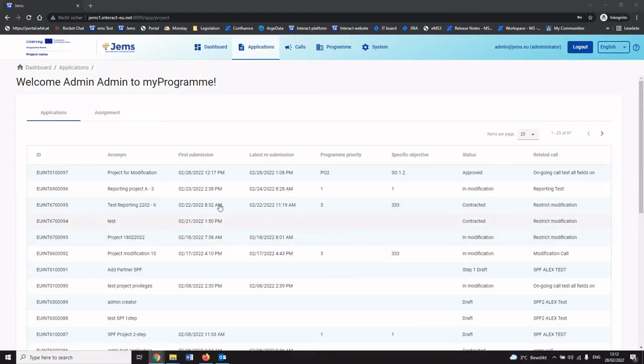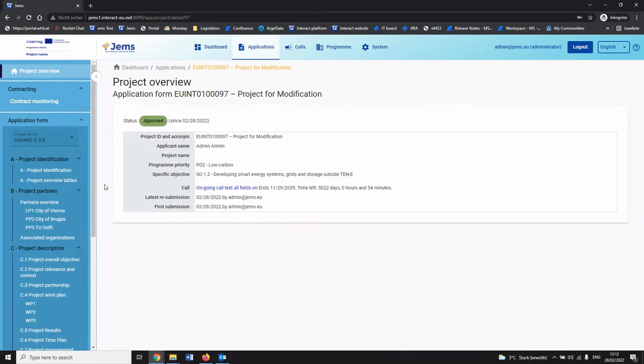So I have navigated to the Jems system, our test environment, and I'm logged in as an administrator. And as you can see, there are a lot of projects here, and I've created a test project to show you how the modifications work from the status approved onwards. So if I navigate to this project, you can see that this project is approved, and that in the site